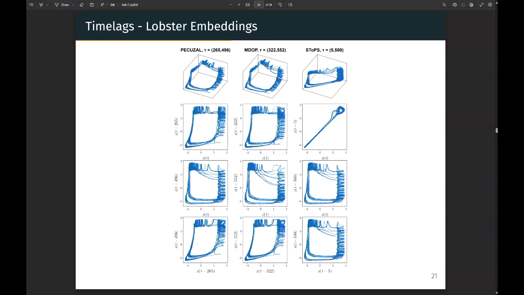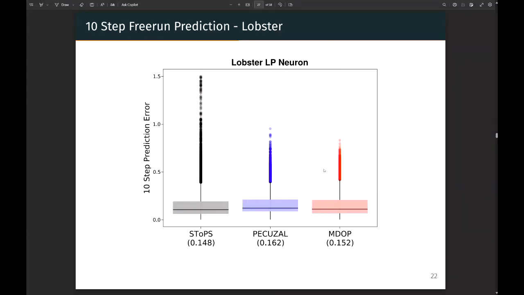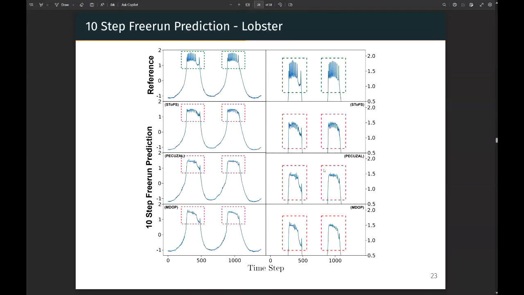Now the reason we looked at this was because we said, well, does this actually help us learn things better? Turns out, yeah, maybe, can't tell. But if you look at the prediction for Pecuzal and MDOP, these periodicities don't actually get shown. These are 10-step free-run predictions, but the oscillatory behavior gets captured ever so slightly better in stops.